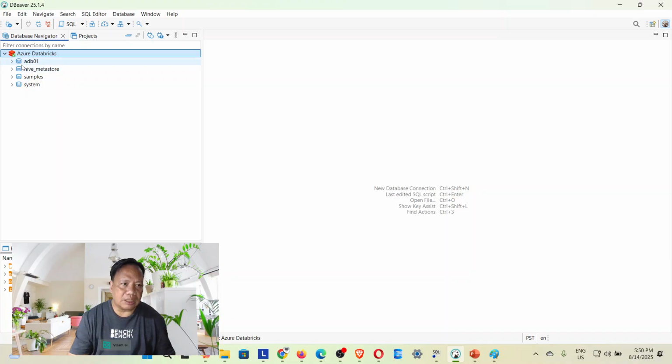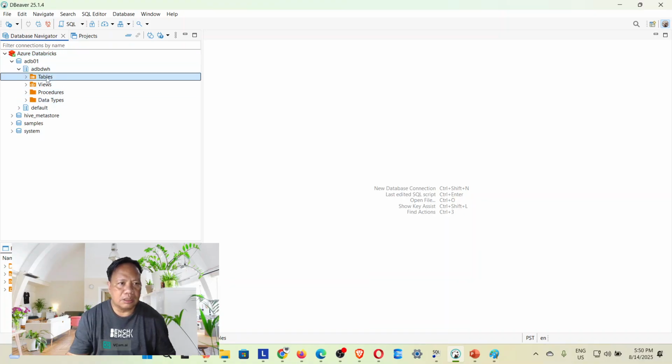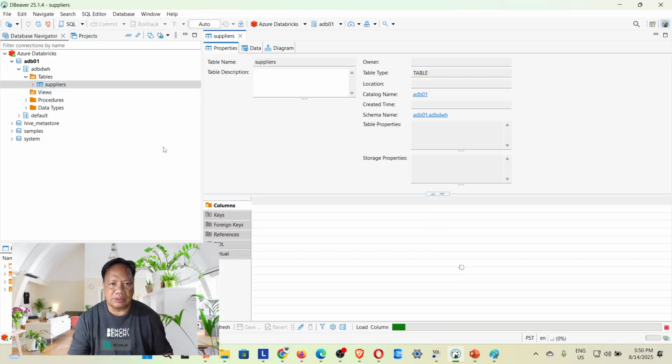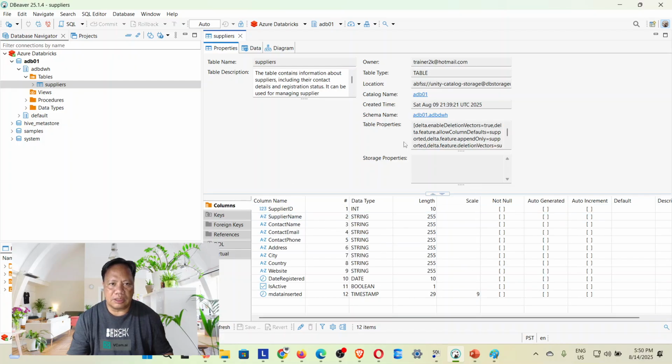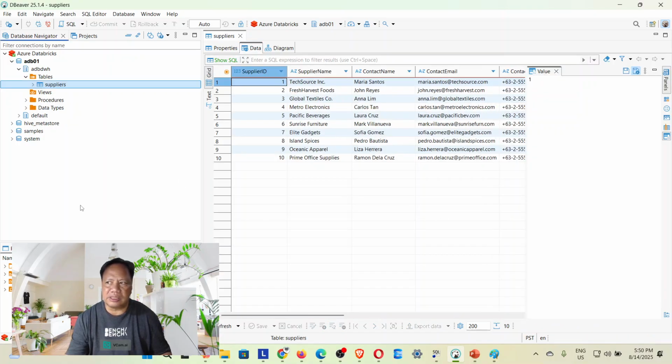See? And then I can see my sample table here. That's the one that I used to demo, and then I can see the data, and they can create a diagram. And the good thing here is that we can actually create a new table,